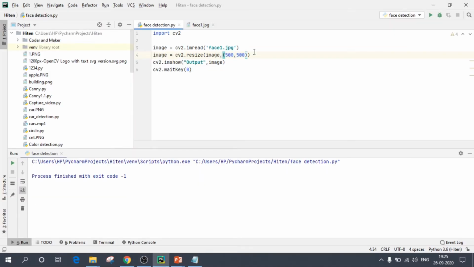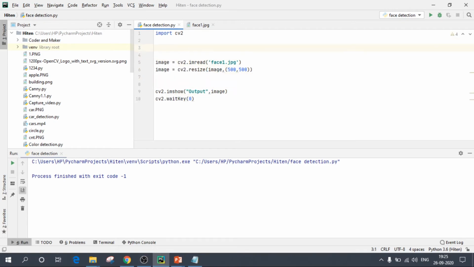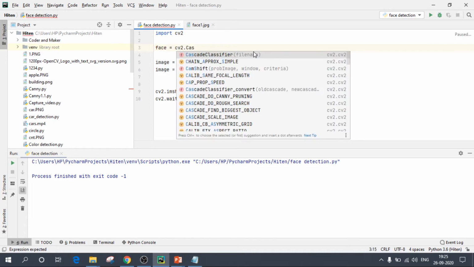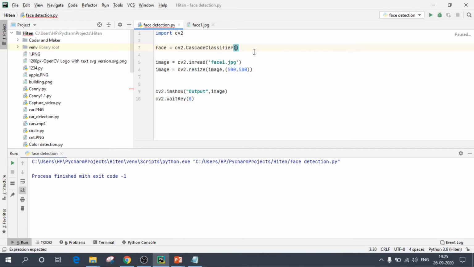Now we'll first load our classifiers. Since we are using classifiers for face and eye, I'll give the name face only. face equals, now to load that classifier file, write cv2.CascadeClassifier, and in single or double quotes write that xml file name.